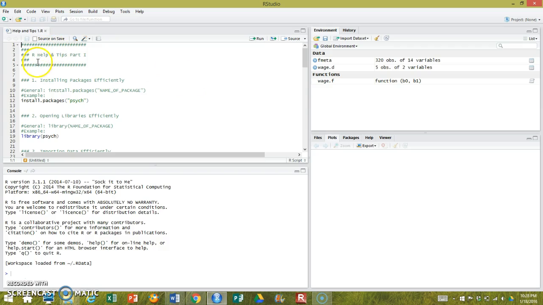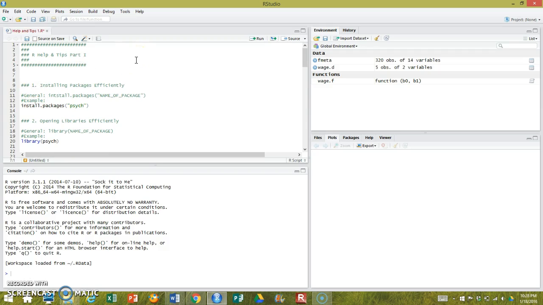Let me point out some things to you. You'll notice that things are in different colors, and that means something. But all I want to point out to you is that anytime you want to just write a note to yourself to say annotate something or title something, and you want our studio to just skip right over it when it runs the code, you just add a little number sign or the pound sign. And that tells R that if you run that line, everything after it